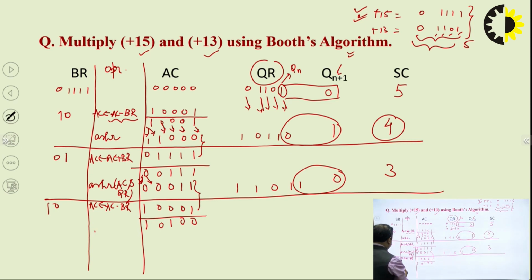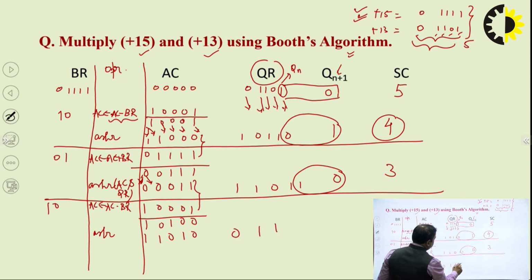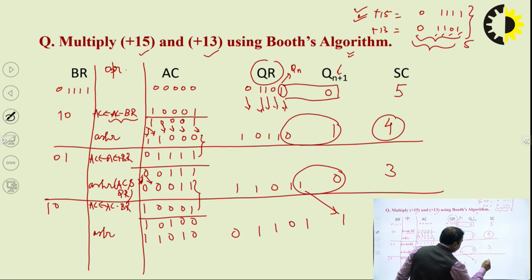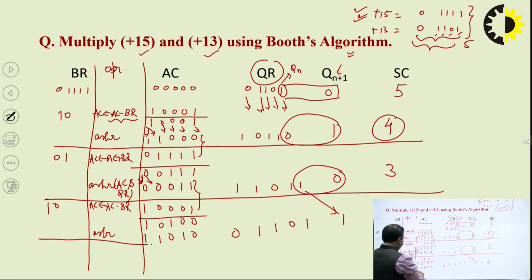Then perform the arithmetic shift right operation, right. Arithmetic shift right operation says this 1 will be here, this 1 will be here, 0, 1, 0, 0, 1, 1, 0, 1, 1. So this 1 will be shifted here, right. Now sequence counter will be decremented by 1, again becomes 2. So I have completed 3 cycles,